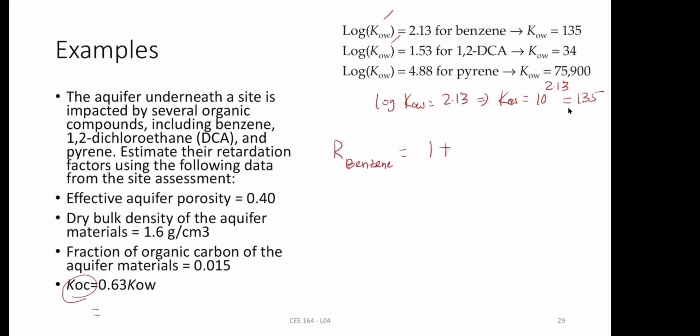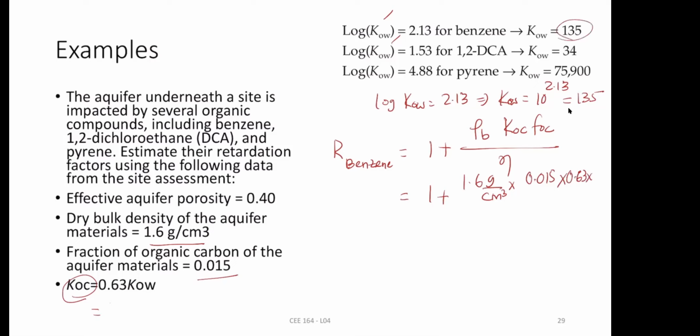Retardation factor is 1 plus bulk density times KOC times FOC divided by porosity. So 1 plus bulk density is given as 1.6 gram per centimeter cube, times FOC, which is 0.015. KOC is 0.63 times KOW. KOW for benzene is 135. So 135 divided by